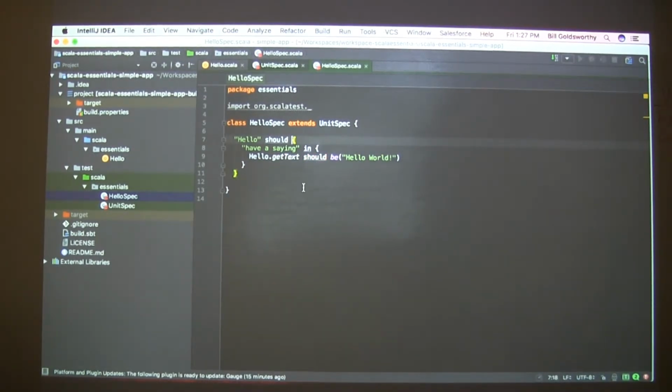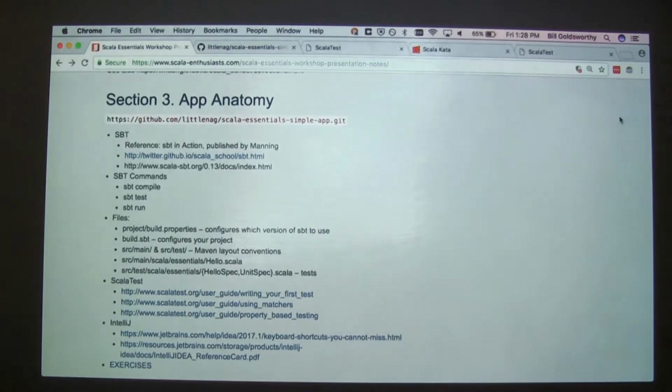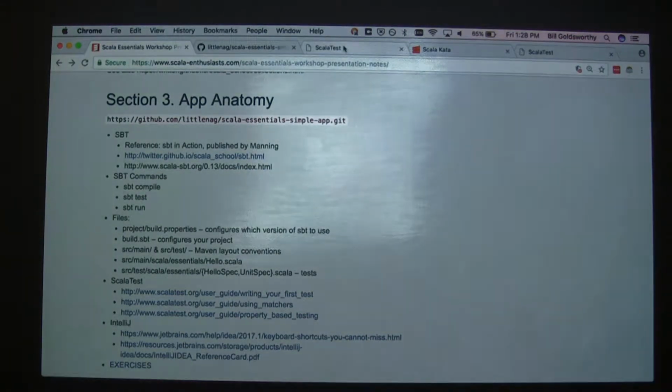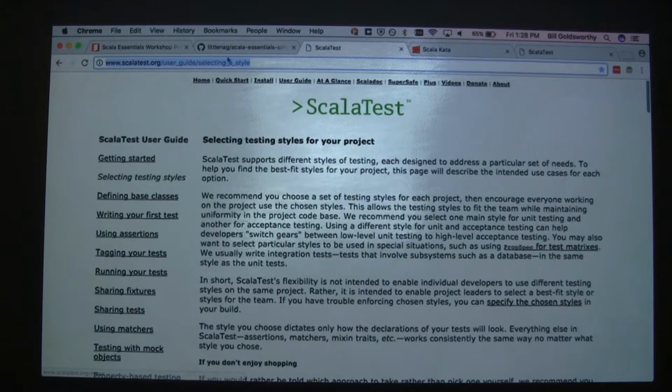Okay. So let's talk about ScalaTest a little bit. In fact, I have the links I want to show. How are we doing on time? All right, 16 minutes. So on the ScalaTest website, you have